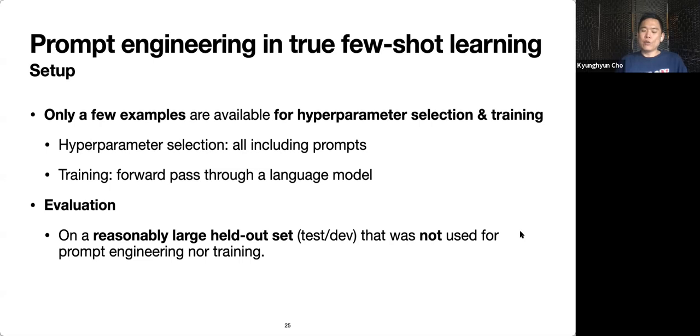The setup is that we're really going to assume that there are only few examples for both hyperparameter selection as well as training. When we say hyperparameter selection, we include everything, including prompt engineering. And when we say training, training is really nothing but just a forward pass through a language model such as GPT-3.